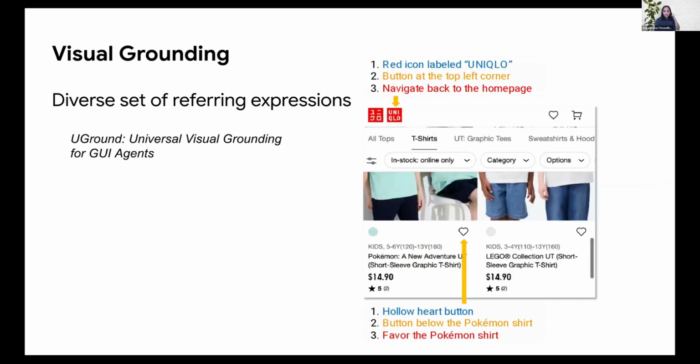Now, one of the interesting things that another paper, uGround, shows here is that it's not enough to just understand widgets and icons. Oftentimes, these icons or buttons will have different meanings. So there might be different ways in which users express this. So just labeling them is sometimes not quite enough. So they have another set of proposals in how these visual grounding tasks need more detailed datasets of what gets defined.